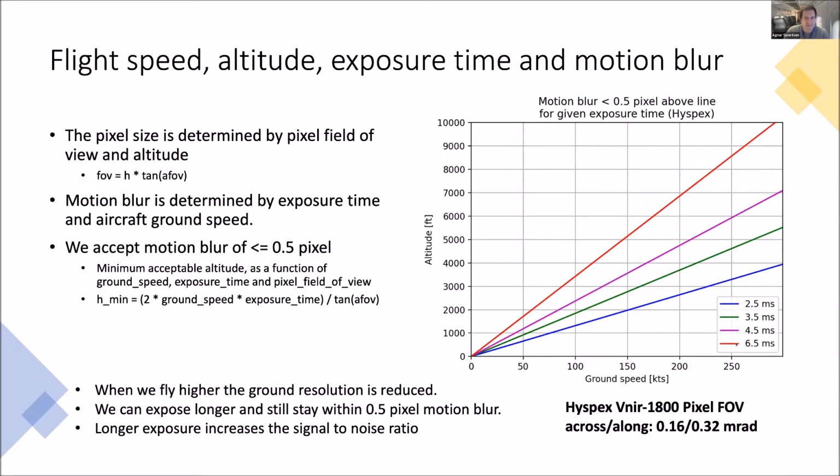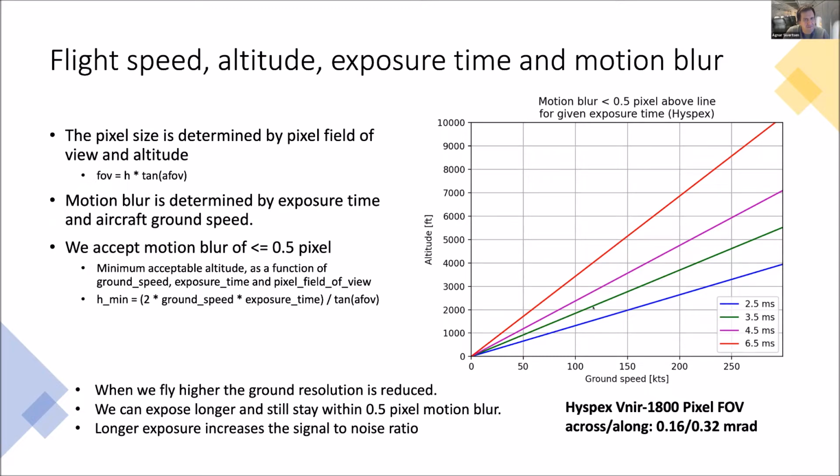So for instance, if we expose really fast at 2.5 milliseconds and we fly at 150 knots, this is ground speed,